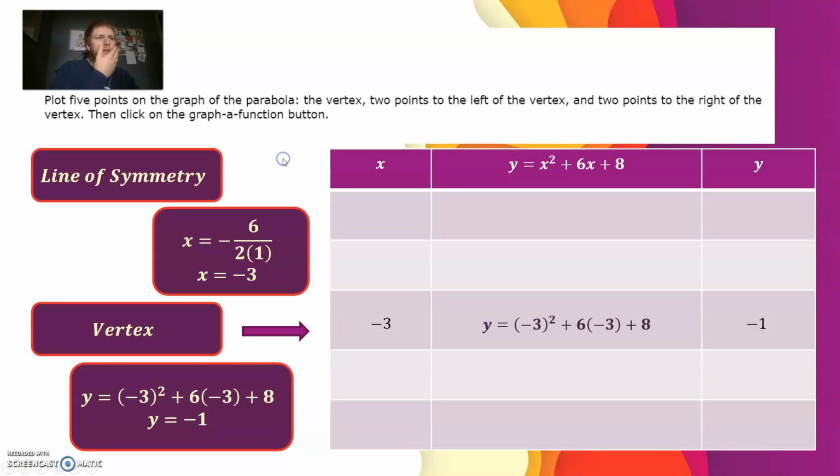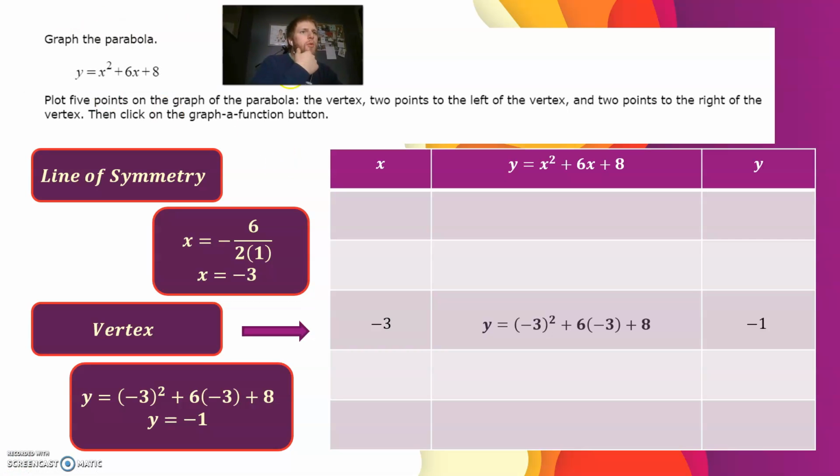Okay, on to our last question. Here, it gives you a parabola, and it asks you to graph it making a table. So there's a strategy for how to do this. Because parabolas are symmetrical, they're the same on either side of the line of symmetry, we can actually start with the line of symmetry. So here is our parabola, and what we'll do is plot 5 points. We can plot, and it tells you which ones here to use. The vertex, 2 points to the left, 2 points to the right,